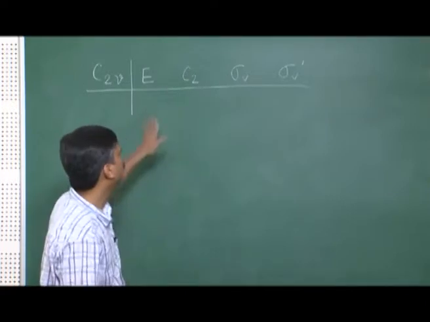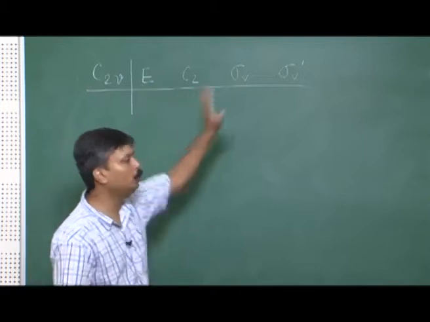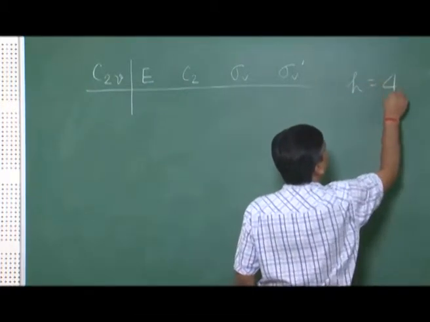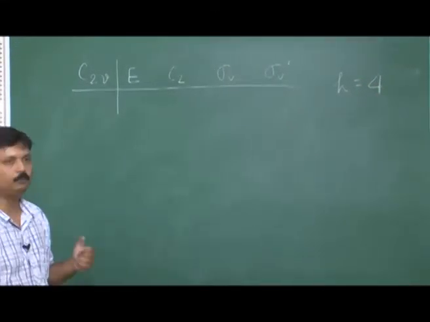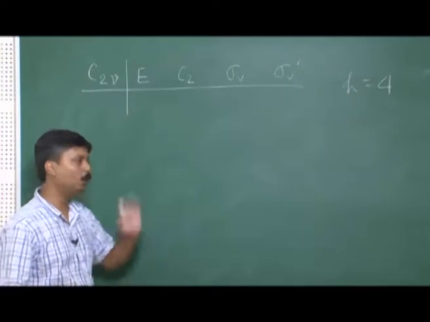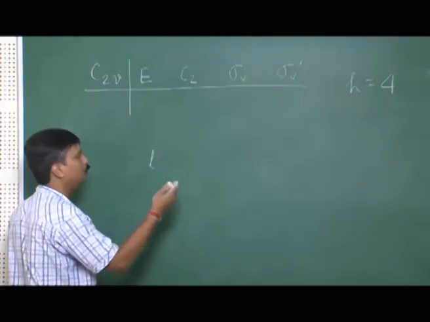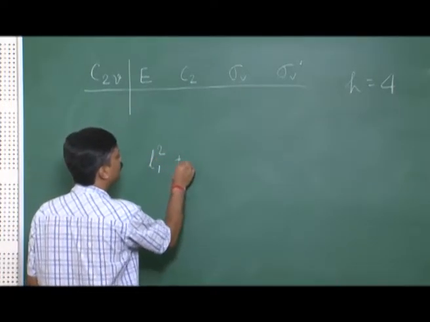So the order of the group, the number of total symmetry operations, is 4. Now as per rule 1, the sum over li square equals h. So I have l1 square plus,